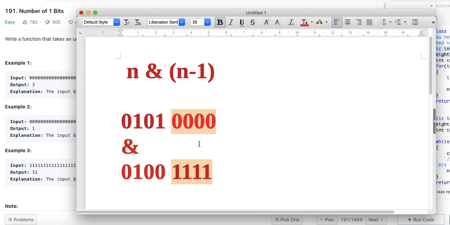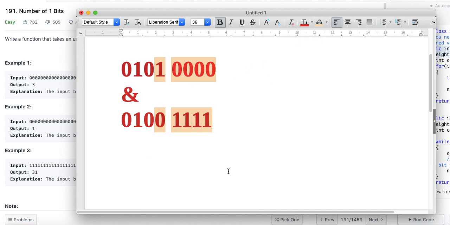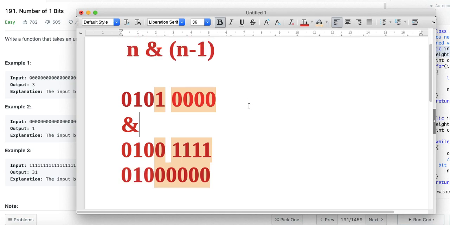Since I took the carry from here, this becomes 0 here, and the other bit will be 1, so again this gets cancelled out. So the final result will be 0 1 0 0. What happened here is the first bit which was set got cleared.